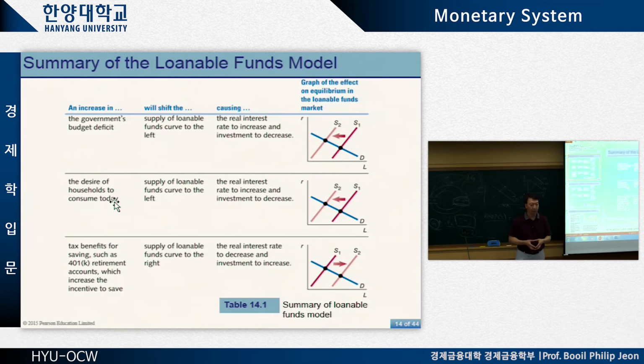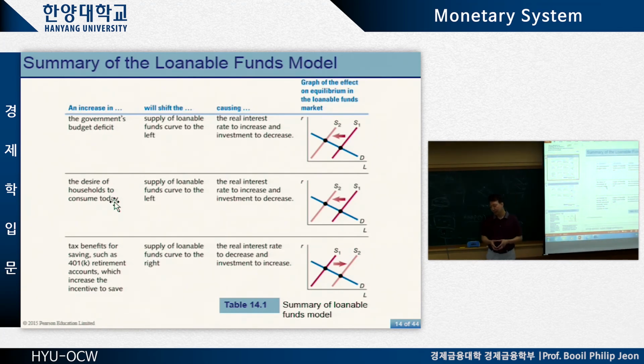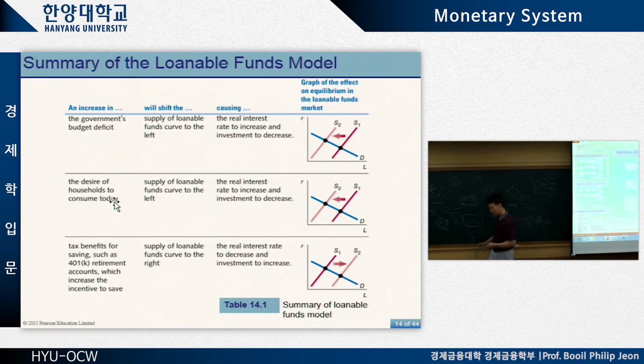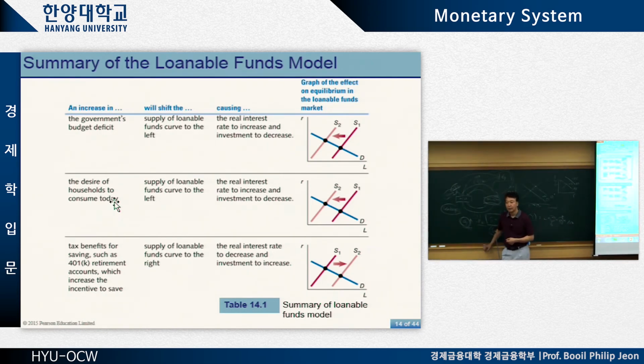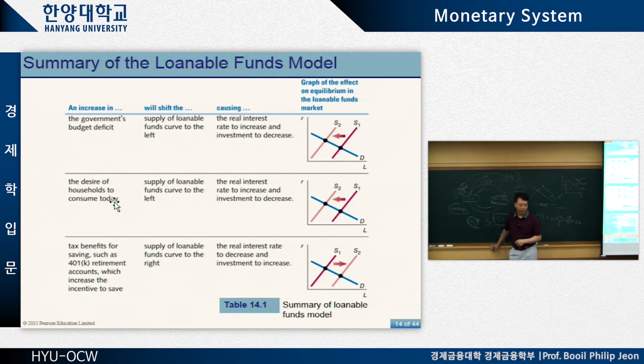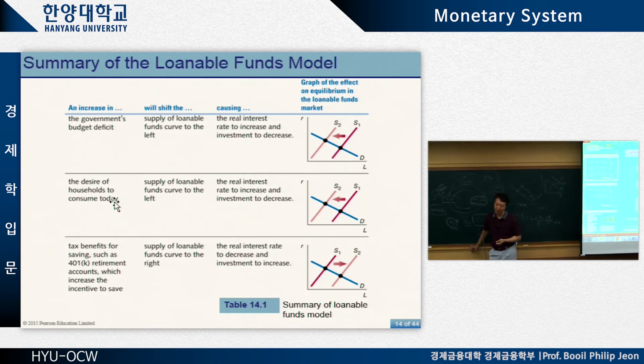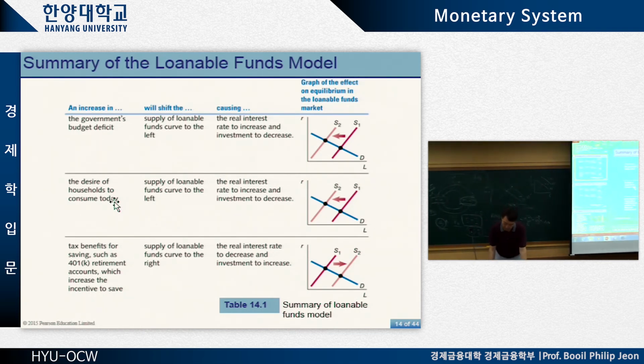Let's say smartphones, right? Suddenly they invented something like a smartphone, which performs so many different functions, and you just can't do without it, right? You have to have it, for each one of the family members, right? Then there will be so much spending, so suddenly the saving goes down. Then, just like before, the supply of loanable funds will shift back to the left, then the interest rate will be higher and investment will be smaller, right? And so on.